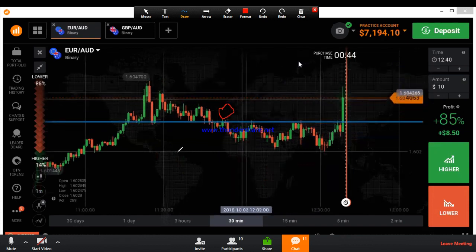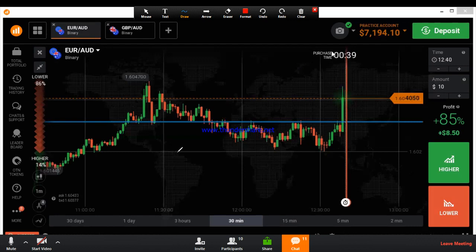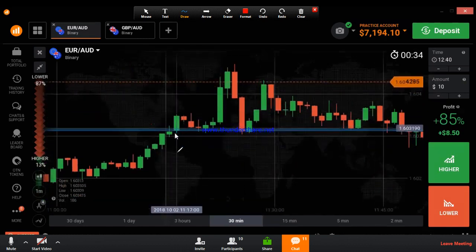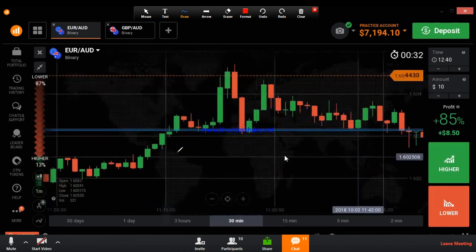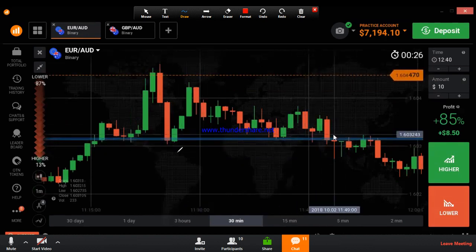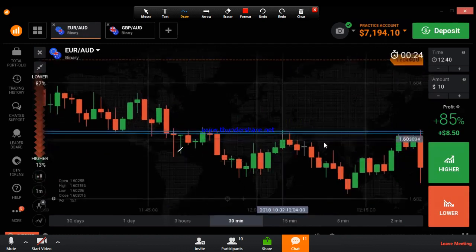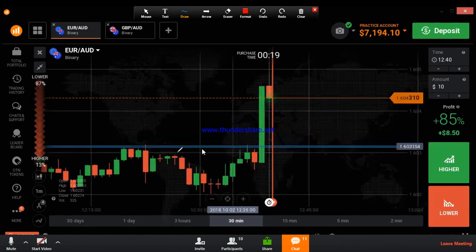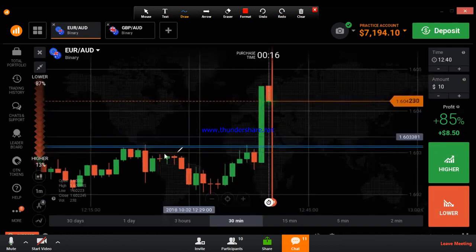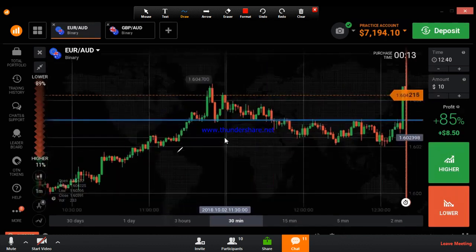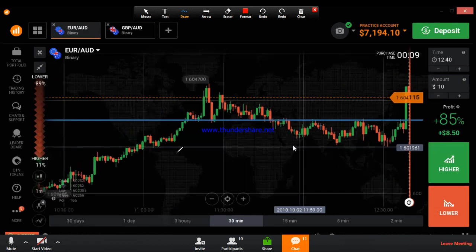I already explained to you about strong levels. Strong levels will always work. Most of the time it will reverse when the market comes to this level. You can see after the breakout it reversed. It tried three or four times to break this level, again one, two, three, four times, because of the strong level. This is a very strong level. It tried four times to break it. It means you can trust this level and trade on it.